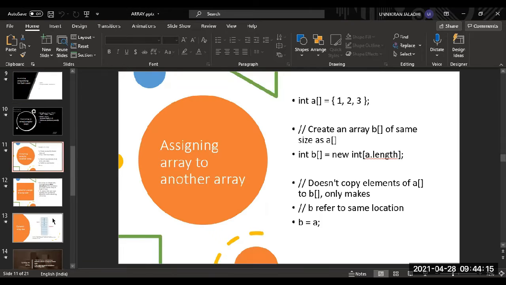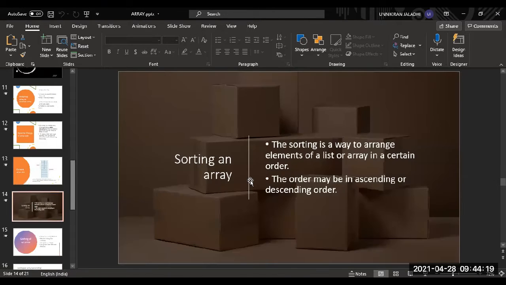So now we are going to discuss sorting. What is sorting? There are two types of sorting available: one is ascending order, and another one is descending order. Sorting is a way to arrange the elements of a list or array in a certain order. We are all familiar with sorting.